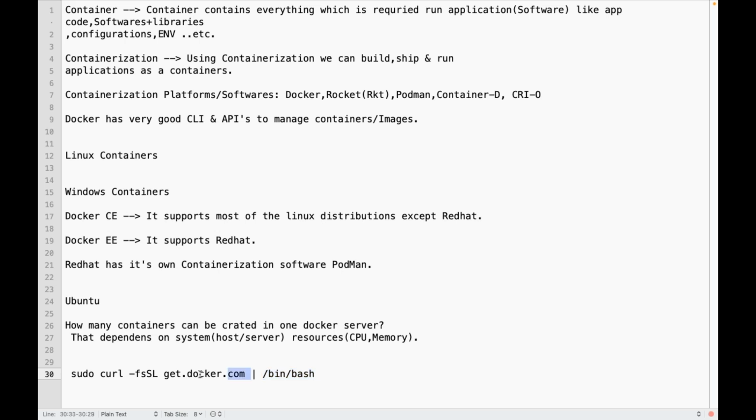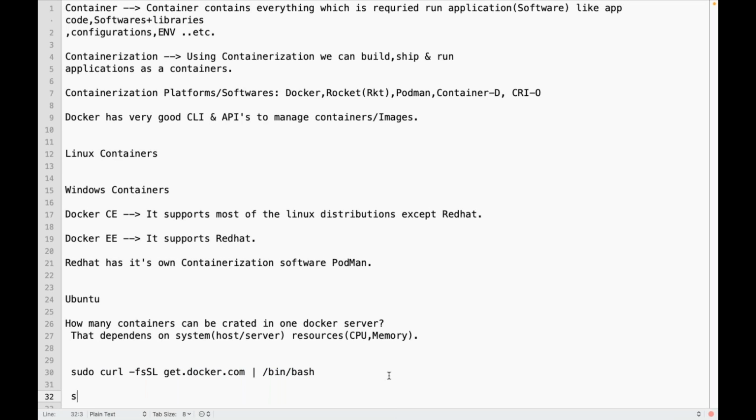So bash is going to execute that script, whatever I am getting. Otherwise, can you save this into one script like this also, with -o, install docker.sh, and again execute? You can do that. Otherwise, I am doing it this way directly. This is one way.